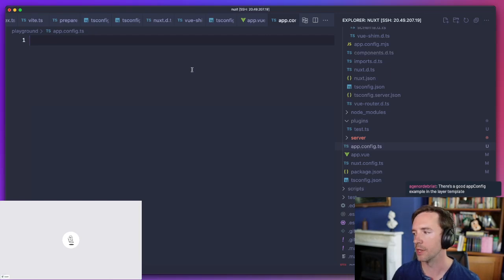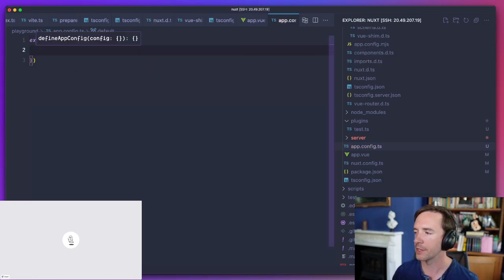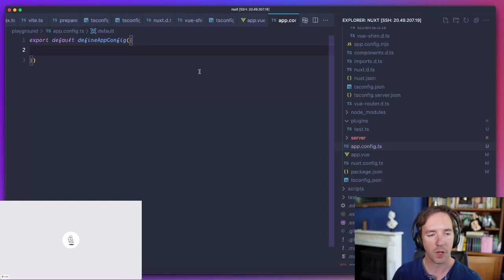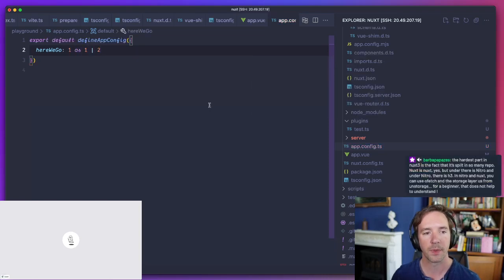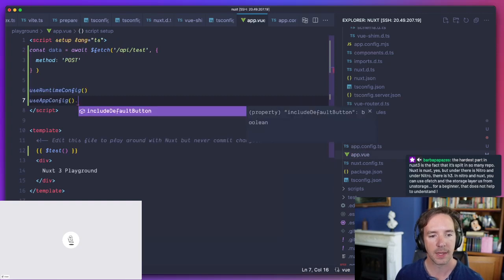You typically wouldn't do this. You wouldn't have it both in your Nuxt config and an app config file, but you might find that a module or a library wants to expose some changes and they like to have their own types. So if we did something like, here we go, one as 1 or 2, then we should now, I hope, have access to that.